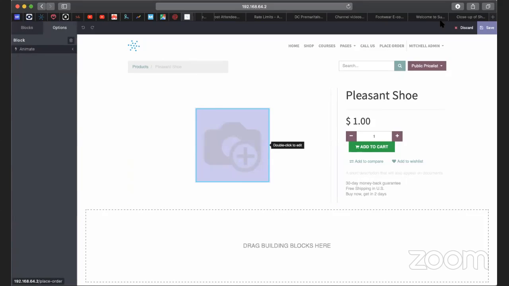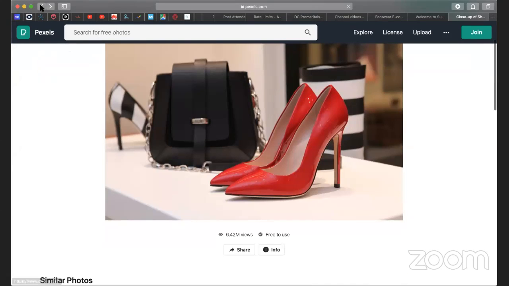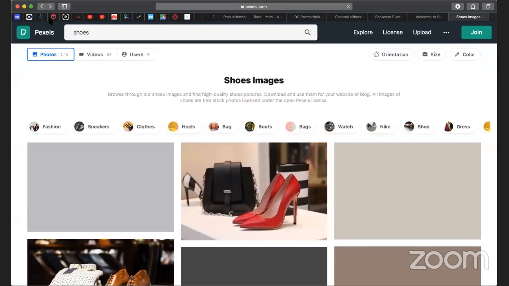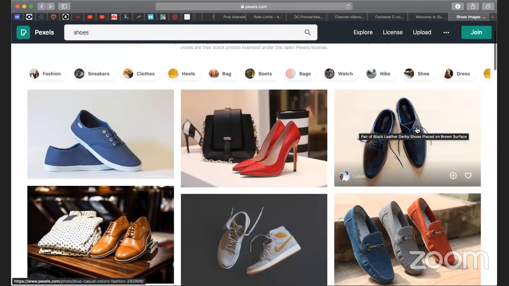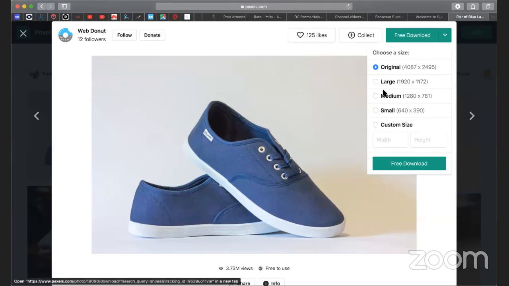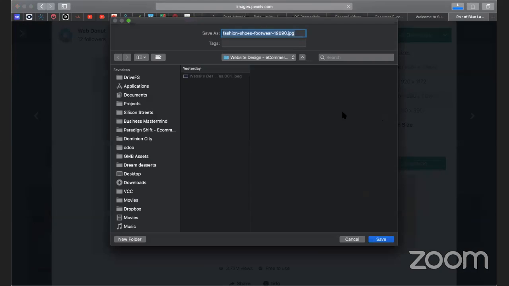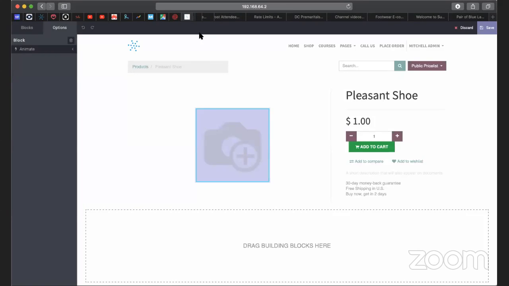We will be downloading an image once again from Pexels. And we will pick one of these shoes. We will take this and download it to our download directory. Once the image is downloaded,